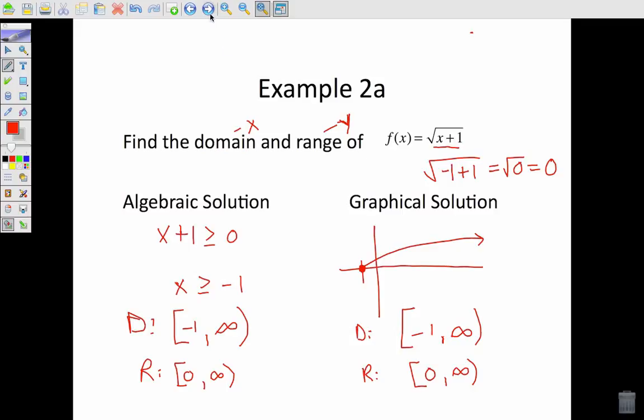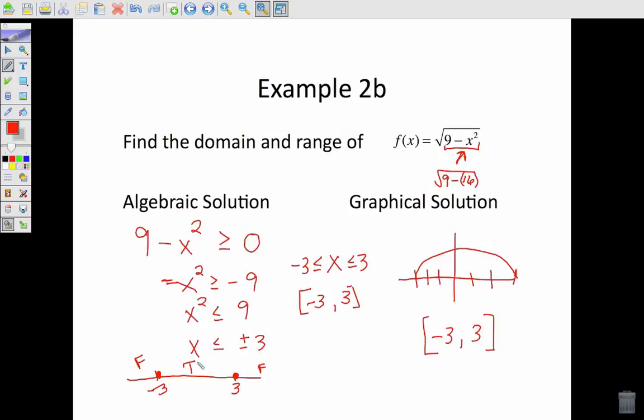In fact, I think sometimes it's easier to look at the graphs, but it's important for us to know how to do it algebraically. What does this give us? If you're taking the square root of something, the smallest y value that you can get for the output would be 0. So again, this was our domain for both of them. So my range would be from 0 to infinity. Well, actually, not going to be to infinity because